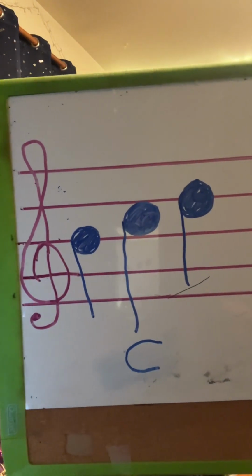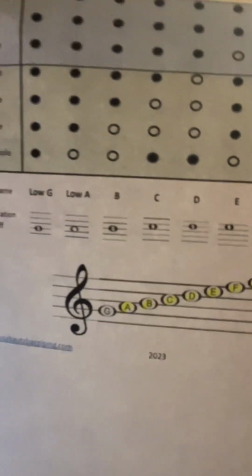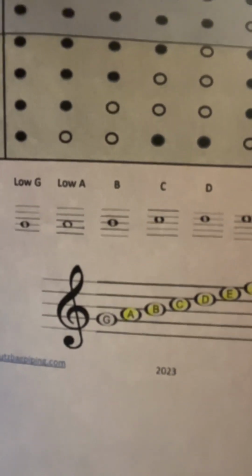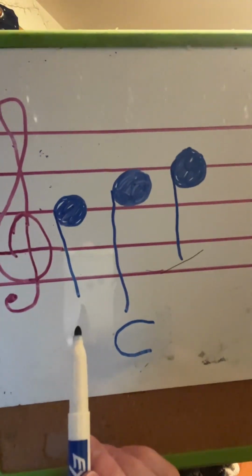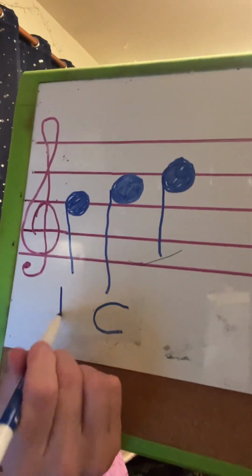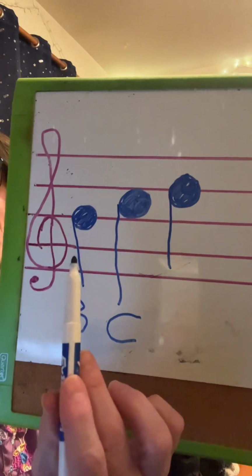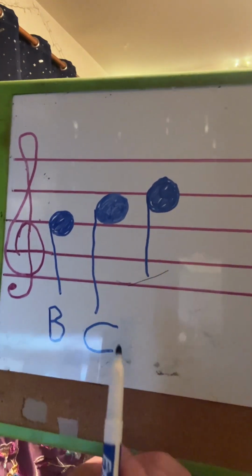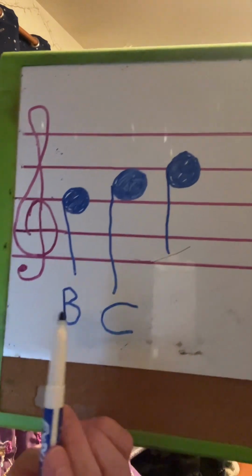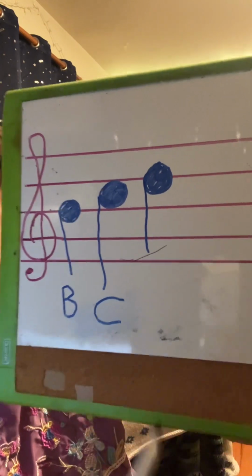You see that? And you know from this, I told you that it goes in ABC order. A, B, C, D, E, F, G. So what's the note below C? What is it called? What is the note below C called? Well, what's the alphabet? A, B, C. So the letter is B. So you know that this note has to be what? B. Even if you don't have it memorized, you can tell, you know what C is, because we're learning C, okay? Same thing. The alphabet goes A, B, C. What does this have to be? It must be the letter D,